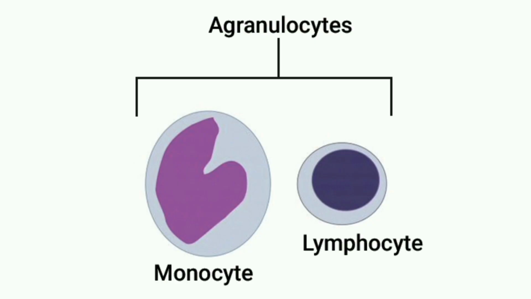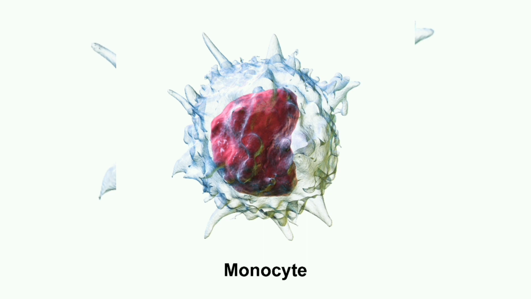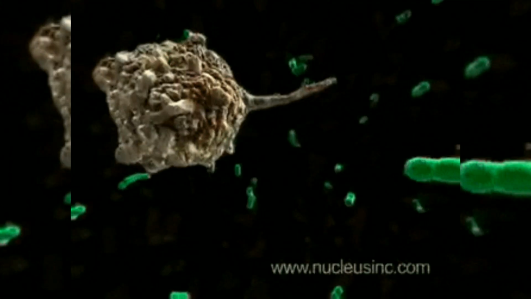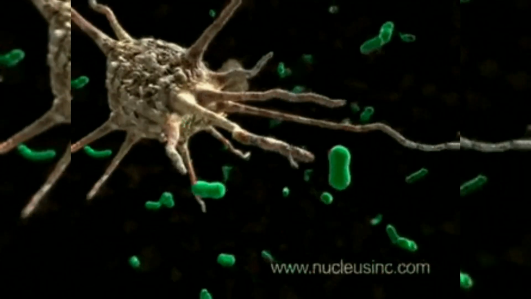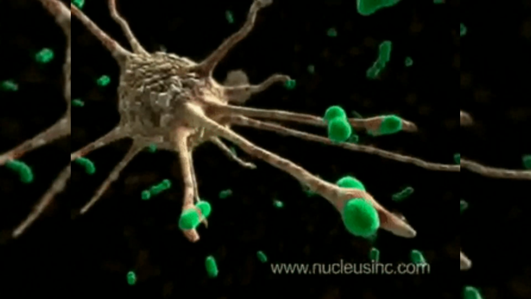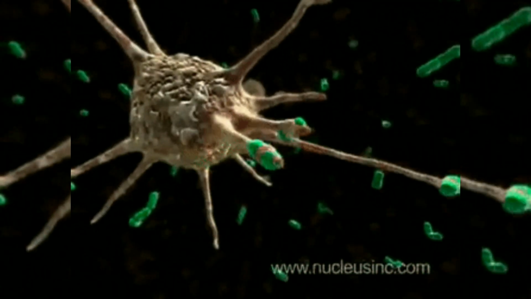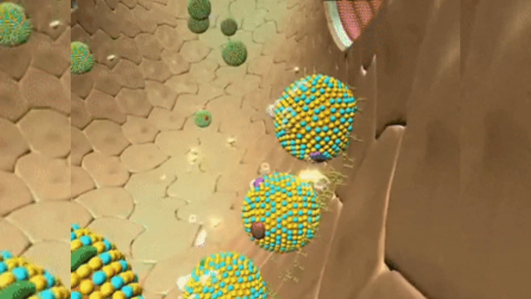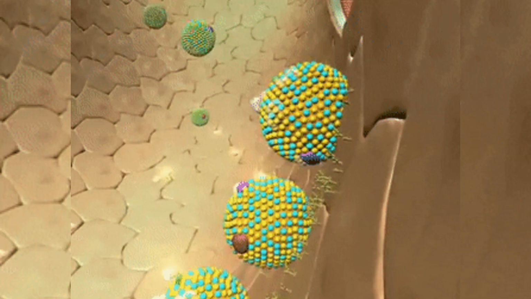Agranulocytes, we have two examples, and we abbreviate them as ML. Where M stands for monocytes. Monocytes are cells that originate from the bone marrow and keep on rotating in blood to capture microorganisms. So they keep on patrolling looking for microorganisms in the body, and they are the ones that are responsible for the rise of temperatures